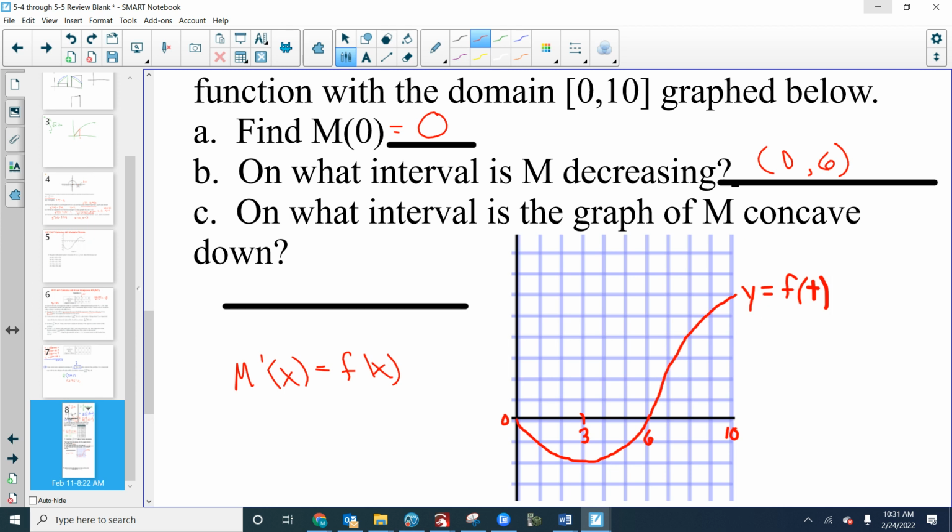Dom. 6 to 10. And why? Because you have to. So M double prime is F prime of X. Try to link those together on the AP Calc test. Say M double prime equals F prime. And if we're looking for where M is concave down, we're looking for where M double prime is concave down. M double prime is